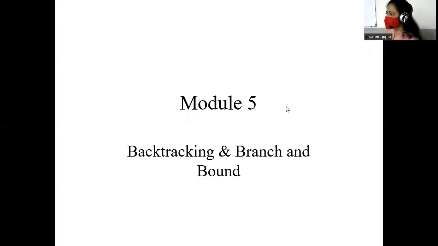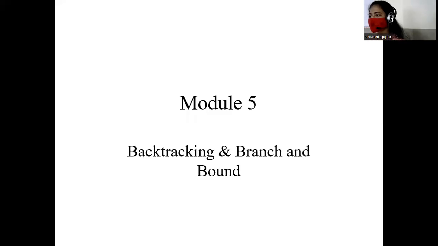So let us begin with module 5. Very initially in module 1, we had discussed how many approaches we will be studying? How many? Number? Four. Name them. Greedy, dynamic, divide and conquer, backtracking, and branch and bound. There are 5. Okay. So today what we are starting is something based on a graph or a